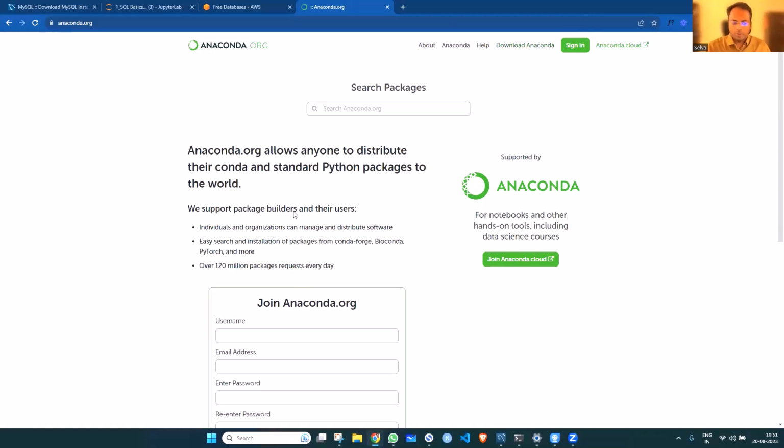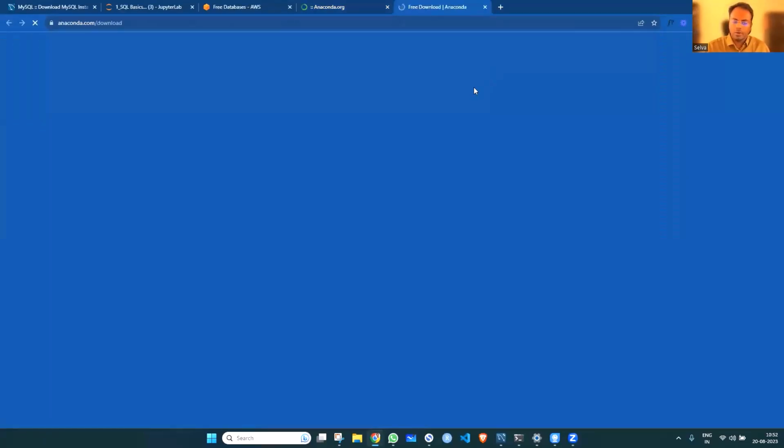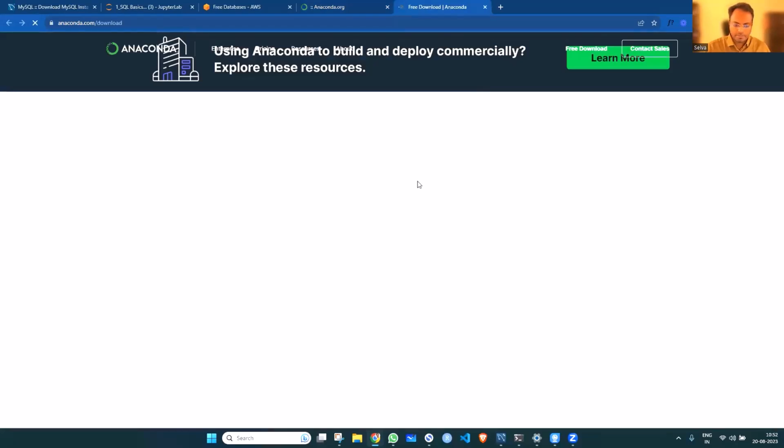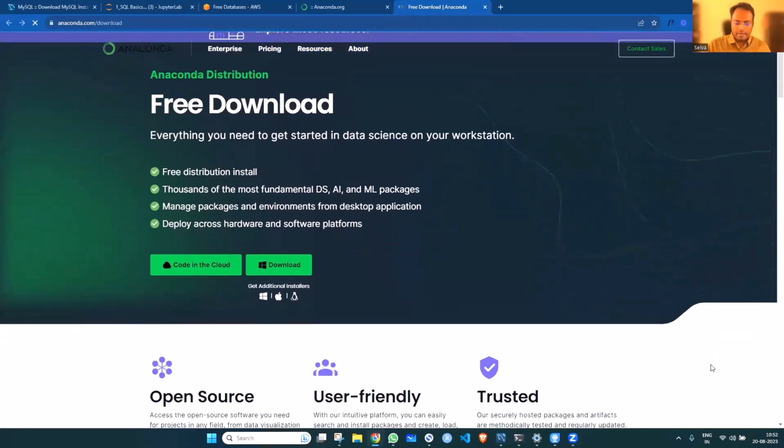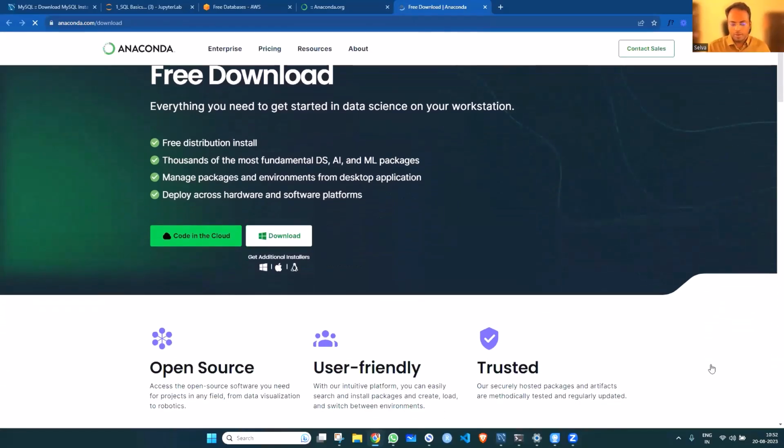By the time that you are reviewing this, the page might change again. Whatever the format of this page is, locate download Anaconda. It will take you to the download page. Right now I'm on a Windows computer, so a Windows download is already going to be available. Just click on this. It will download the Anaconda distribution. Just like installing any other software, go ahead and install Anaconda. Once you have installed it,